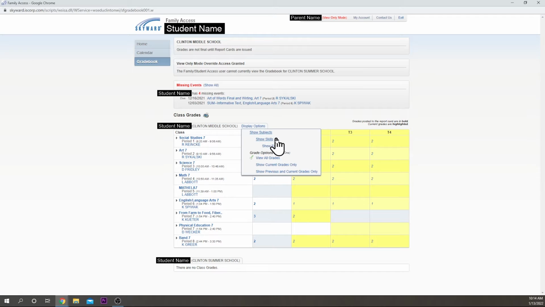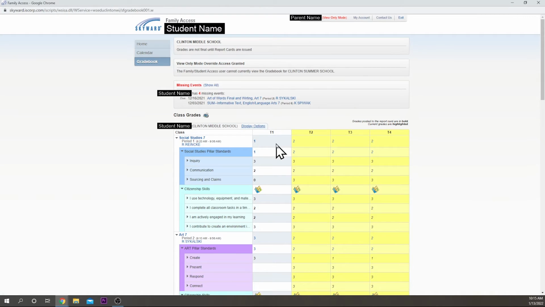And another thing to know is that if you like to see it collapsed like this, you can use the arrows as drop downs, and I will show that in just a moment. But if you would rather not need to use the arrows for drop down menus, you can actually come here and you can choose to see the subjects, the skills within those subjects, or the events. So if I click on show skills, that will allow me to see all of the pillars for each individual